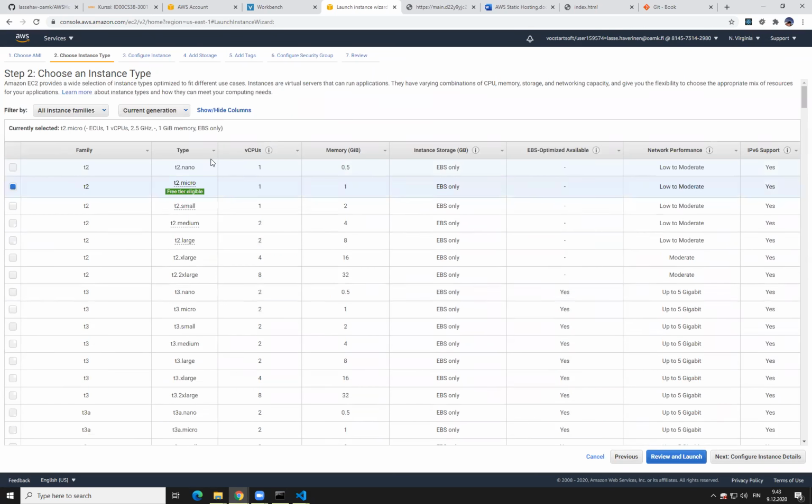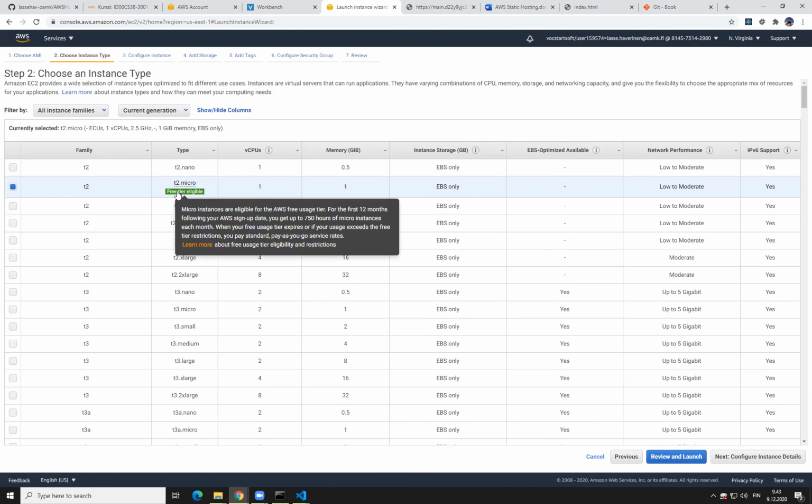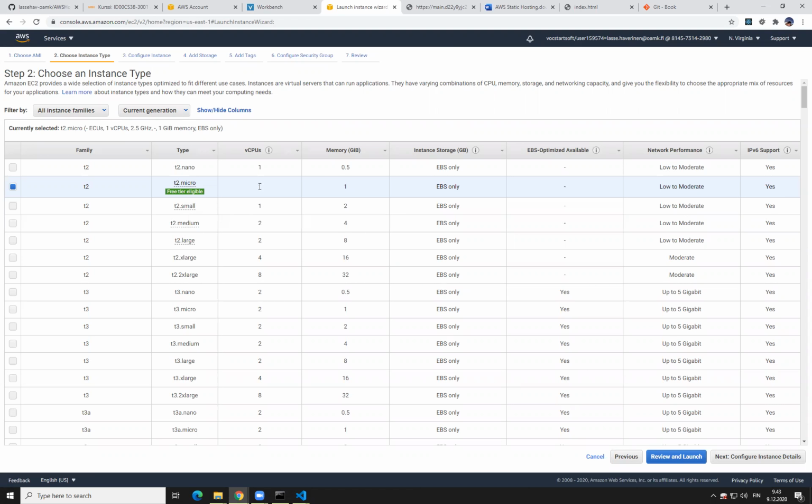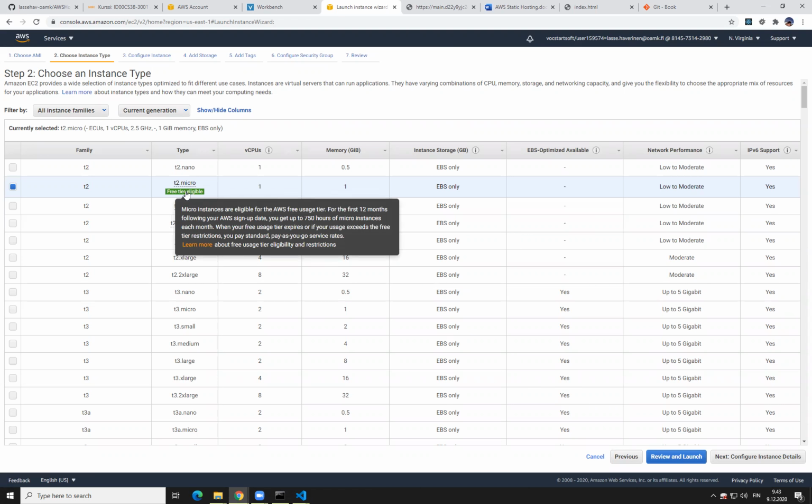The pricing is not visible here. The pricing is visible in some other view. But what we will choose is this one, this T2 micro type. It has 1 gigabyte of memory and 1 CPU, and this is also so-called free tier eligible, which means that